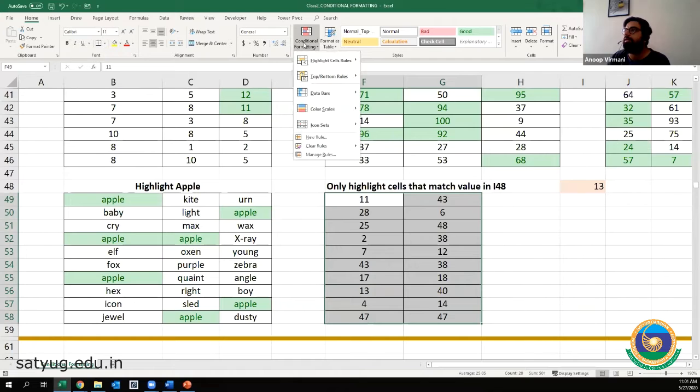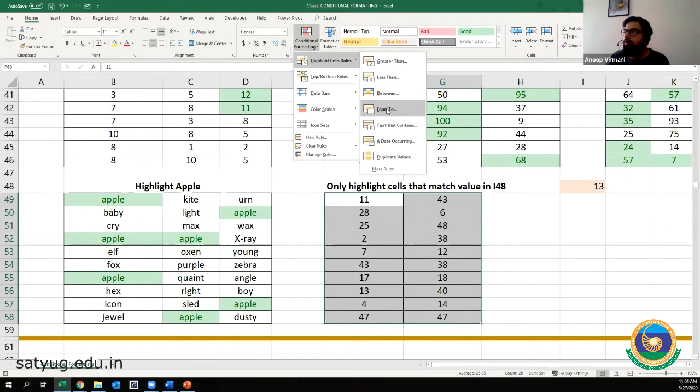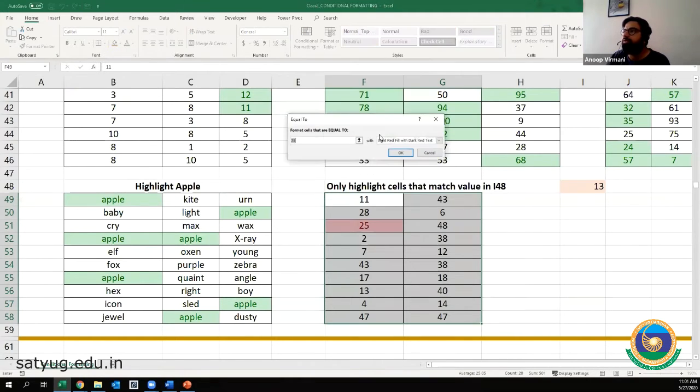We go to conditional formatting, highlight cells rules, and the fourth option, equal to. Now it asks equal to what? Either you can write any random number like 25 or 23, or you give it a number like 12 which is available. But we want you to select it from outside with the help of a cell reference, so that as soon as someone changes it, this also changes. So we go for equal to, and select this reference.